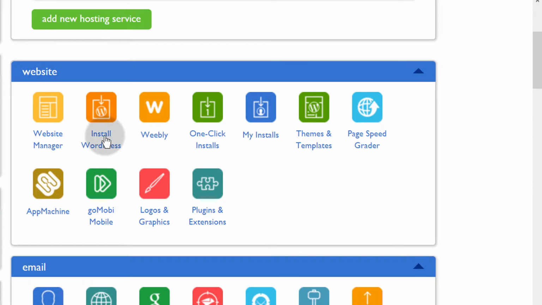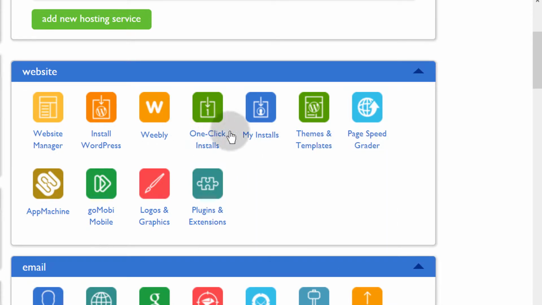and here I'll just click on install WordPress. Okay, we want to install WordPress. We don't want to install any of these other things. So if you want to install any other scripts, let's say something like Magento, PrestaShop, or any other script, any of those other CMSs or any web application that you want to install, you can use this one-click install. So we are going to click on WordPress in a moment, but for now, if I click on one-click install,